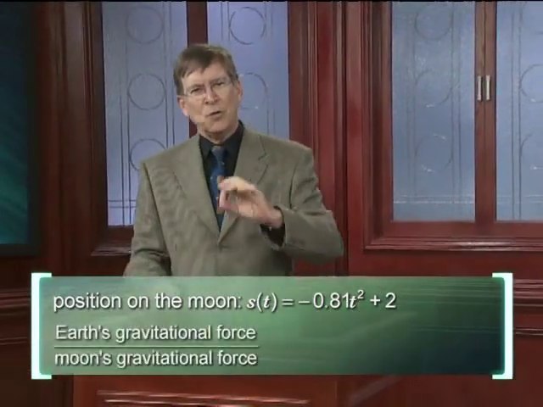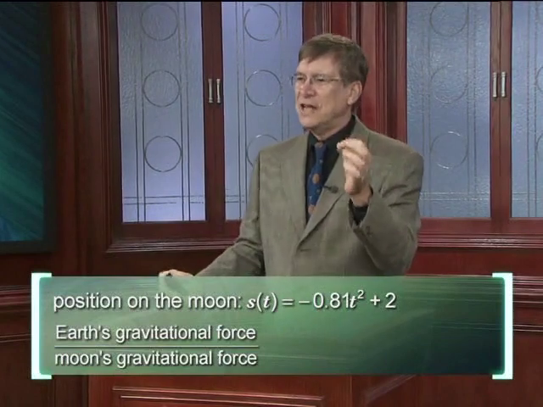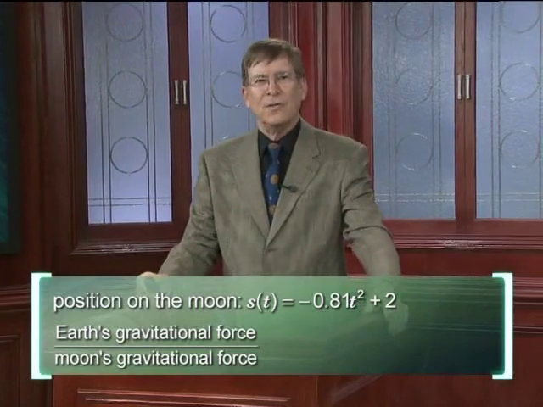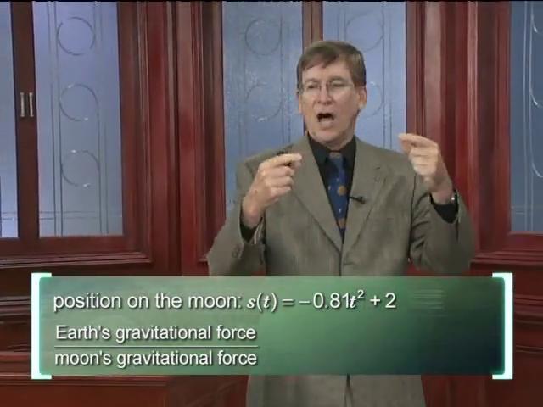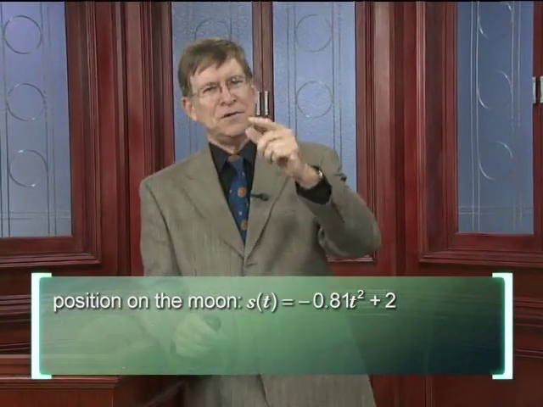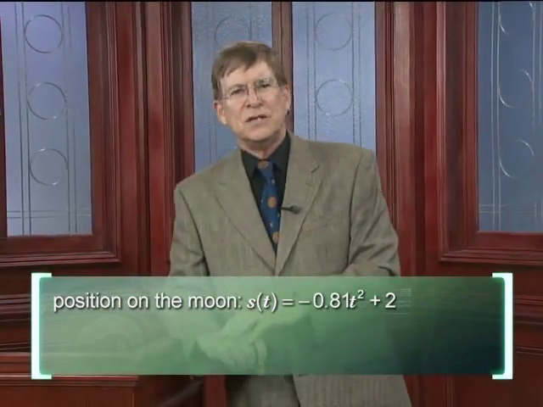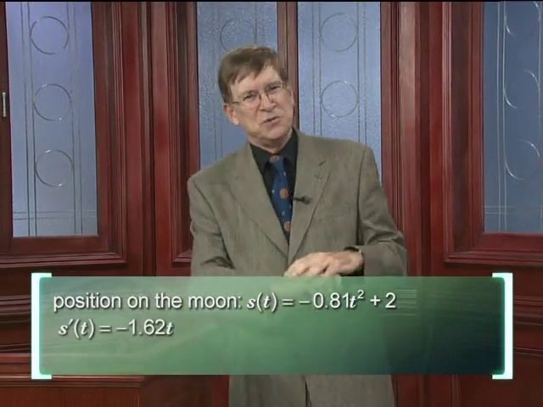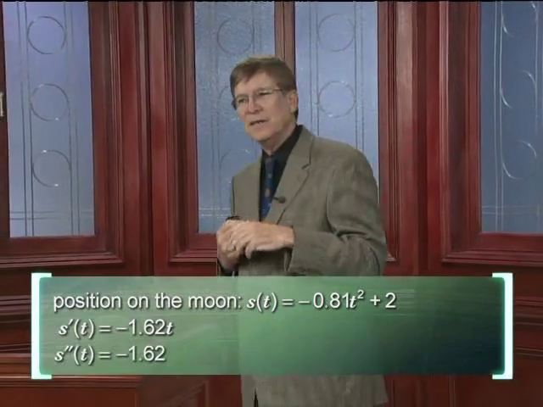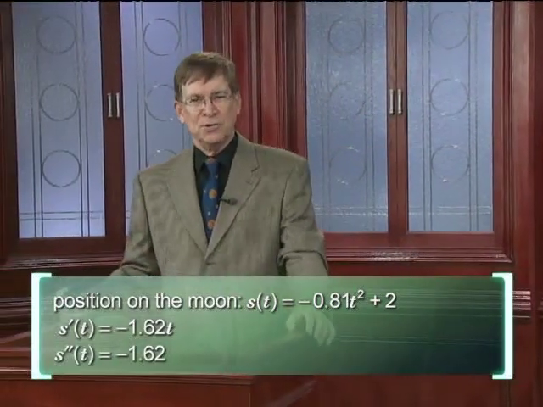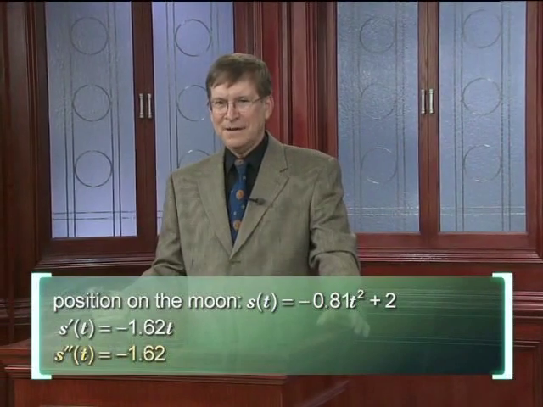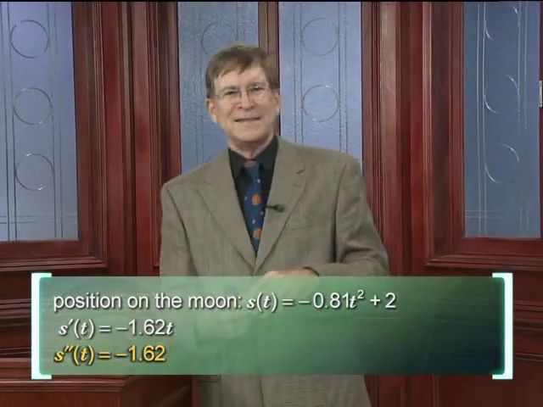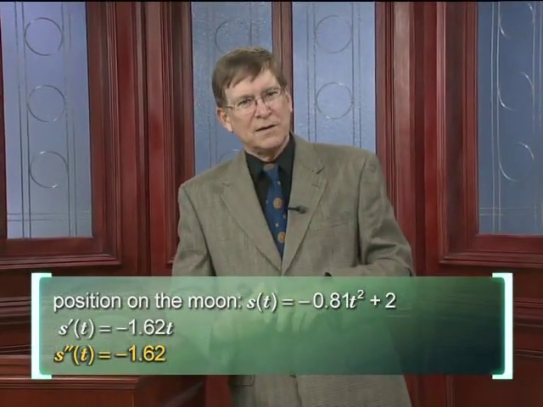And here's the question. What's the ratio of the Earth's gravitational force to the moon's gravitational force? Well, let's answer that by analyzing the position function on the moon. The position function was minus 0.81 t squared plus 2. Its first derivative is minus 1.62 t, and the second derivative is minus 1.62. Okay, because the acceleration due to gravity on the moon is minus 1.62 meters per second squared, and on